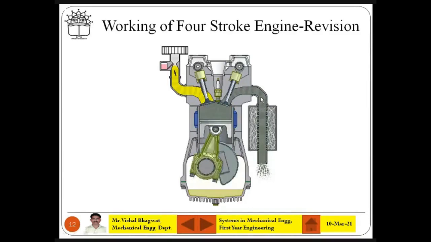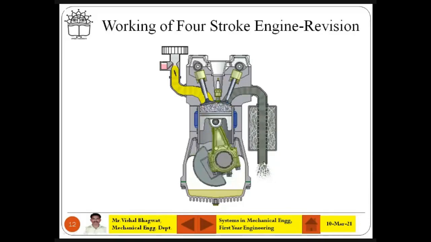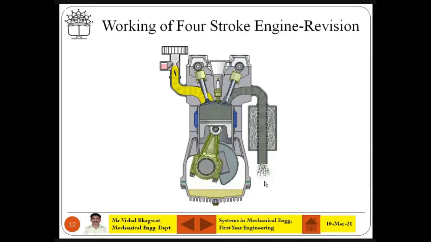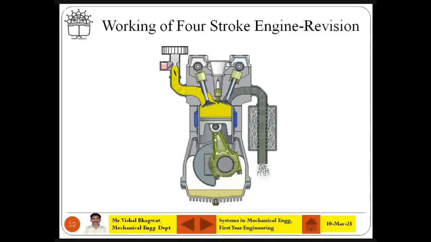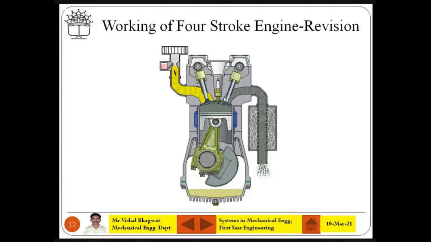ये जो एग्जॉस्ट मैनिफोल्ड है ये आपके साइलेंसर से कनेक्टेड रहेगा, जो बाइक और कार का साइलेंसर रहेगा ना, उससे कनेक्टेड रहेगा, so that all the exhaust gases will be sent outside the engine and into the atmosphere. Okay, in the atmosphere. So you can see the yellow color, it is coming in, that is an intake stroke, then it is compression stroke, then it is expansion stroke, and that is exhaust stroke.